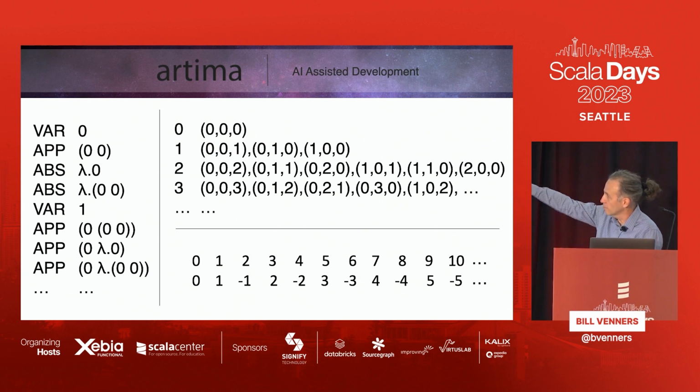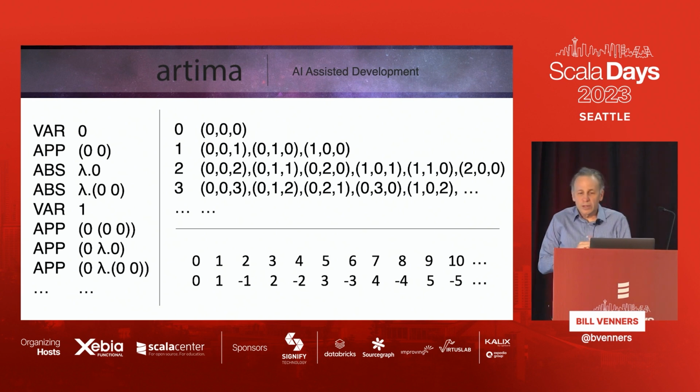And then I had to assign the points in space. So the way I did that is I have natural numbers upper right here, 0, 1, 2, 3. I just make coordinates with natural numbers that sum up to the natural number that I'm at. So for 0, there's only one point where x plus y plus z equals 0, so that's the first one. And then for 1, there's 3 points that sum up to 1: 0, 0, 1; 0, 1, 0; and 1, 0, 0. So that's the next 3 points. And then there's 5 that sum up to 2, and a bunch that sum up to 3 and 4, and so on. But those are all positive x, y, and z.